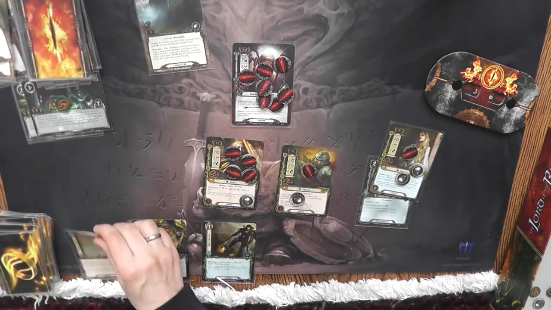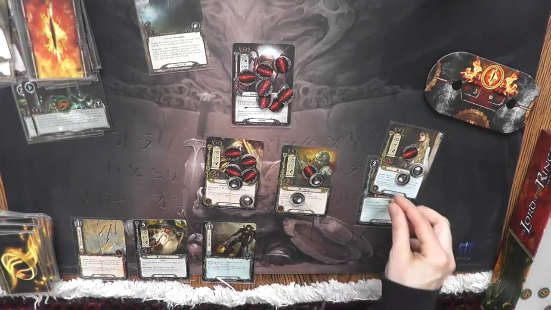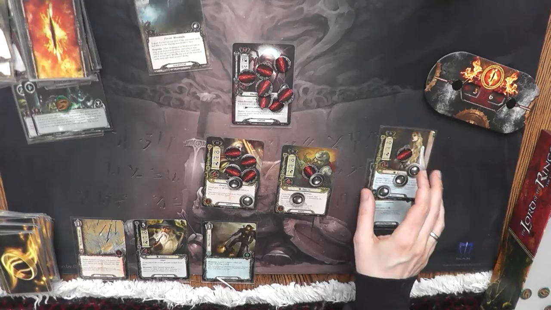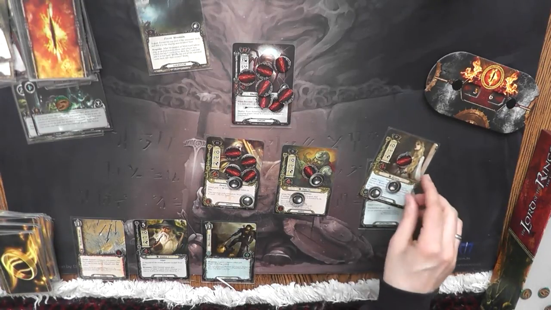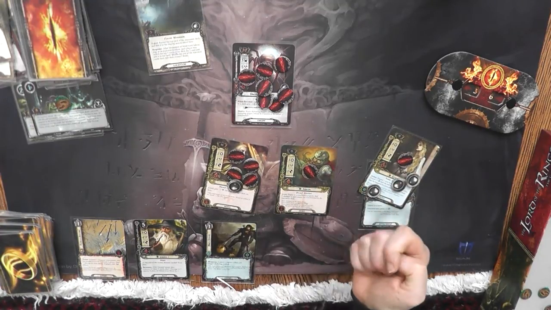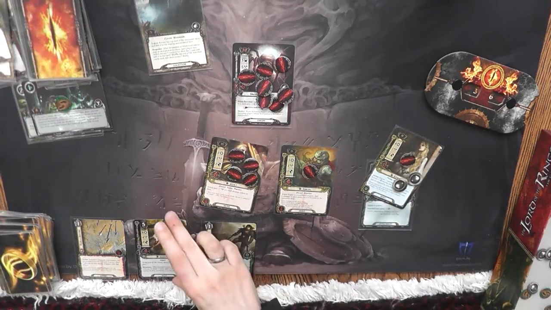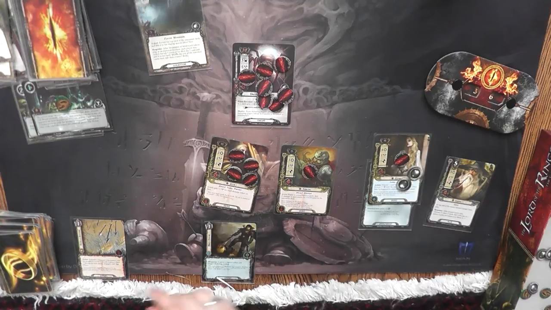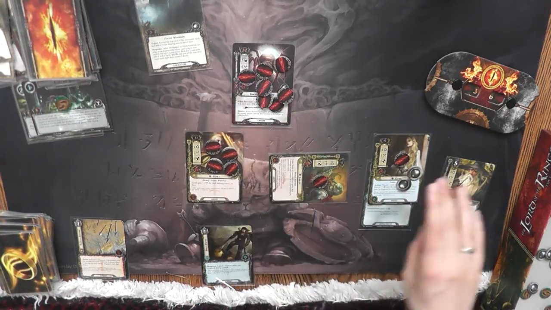We draw 1 card. Oh, again, we get each 1 resource. 1, 2, 3. We can't really, oh, we could buy the Gandalf card, which is what we are going to do. 1, 2, 3, 4, 5. Gonna put it in here. We're going to quest like crazy